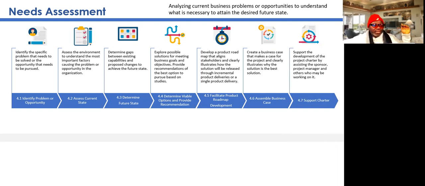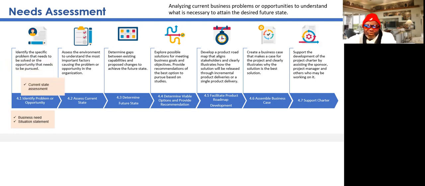So the needs assessment in the world of project management is usually talked about first. After the needs assessment comes a business case. After a business case that makes a case for the project, then you have the charter. And that's how it flows. And guess what? Out of every one of these, there's an output. So we have the business need, and you don't have to memorize these or cram them, but you should know at least what they are.